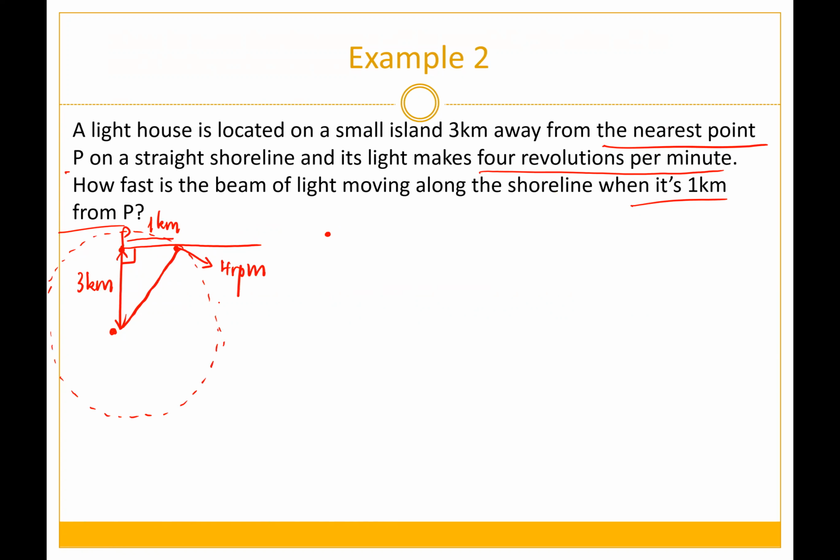So having said that, this is at the point where it's 1 kilometer. We have 4 revolutions per minute, so it's 4 multiplied by 2 pi over 60 seconds. And so we have 8 pi over 60, or 2 pi over 15 radians per second. Now what you need to find is that you're gonna,